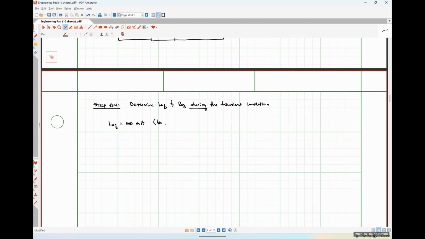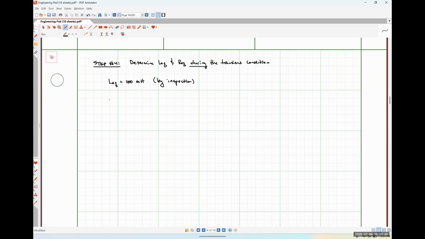And I'm just going to make a note here, by inspection. So how we're going to find REQ is we're going to essentially determine the Thevenin equivalent resistance seen by our inductor, okay? So I'm just going to make a note here. REQ is the Thevenin resistance